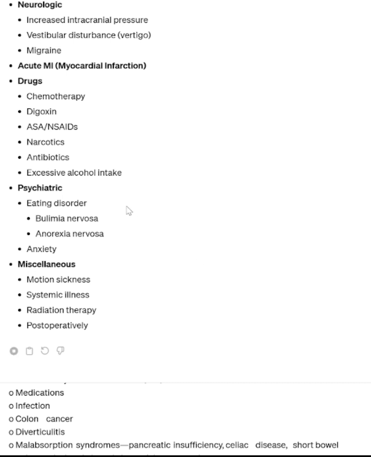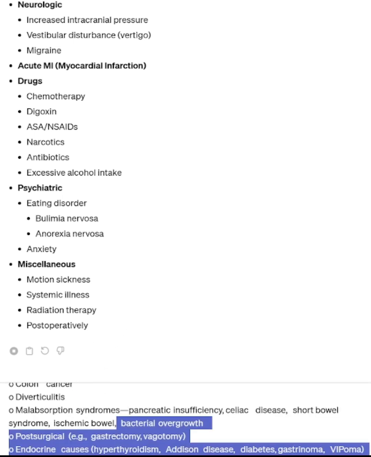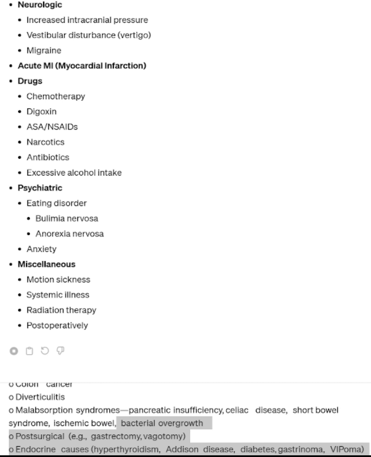Nausea and vomiting causes. Pregnancy: normal pregnancy, hyperemesis gravidarum. Metabolic: diabetic ketoacidosis, Addison disease, uremia, electrolyte disturbance, hypercalcemia, hypokalemia, hyperthyroidism. GI, gastrointestinal: gastroenteritis, viral, food poisoning, PUD, peptic ulcer disease, GERD, gastroesophageal reflux disease, gastroparesis, diabetic, gastric outlet obstruction, intestinal obstruction, SBO, small bowel obstruction, pseudo-obstruction, ileus, peritonitis. Acute visceral conditions: pancreatitis, appendicitis, pyelonephritis, cholecystitis, cholangitis. Neurologic: increased intracranial pressure,